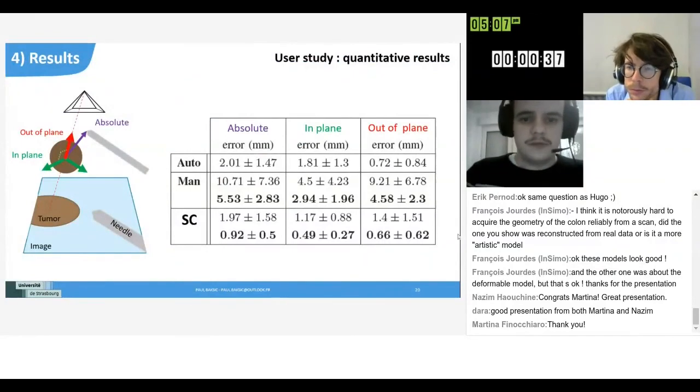I've decided to present to you 3 different types of error. First of all, the absolute one, which is the purple one that is presented on the left, which is the Euclidean distance between the needle tip and the center of the tumor. Then the in-plane error, which is the green one, as you can see, which is the one normal to the projective line going through